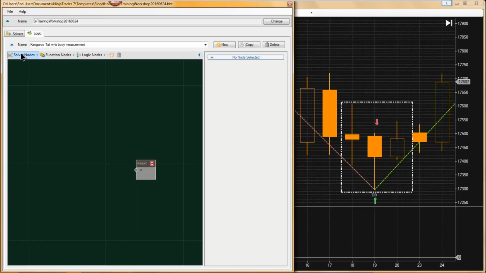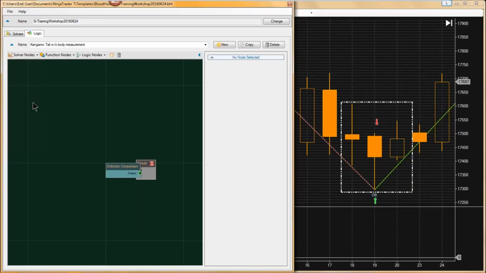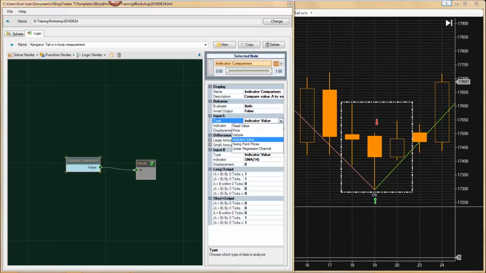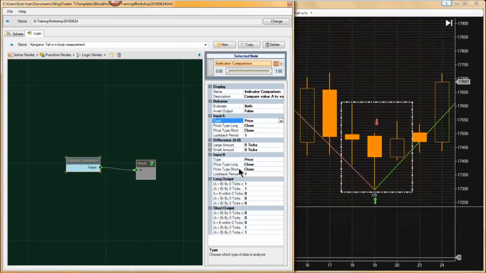Yeah, 30% of the candle. So we're going to grab a comparison solver here, and we need to set our inputs to price,